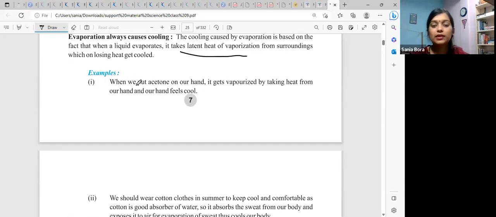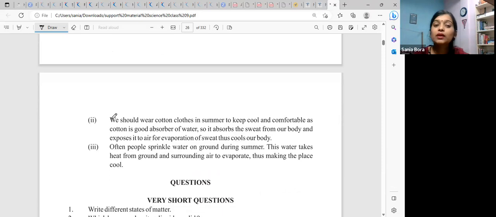Yes. Now, there are some examples. When we put acetone on our hand, it gets vaporized by taking heat from our hand. So we feel cool when we put acetone, like thinners and all that, on our hands. Then we should wear cotton clothes in summer to keep cool and comfortable, as cotton is a good absorber of water. So it absorbs the sweat from our body and exposes it to the air for evaporation of sweat, thus